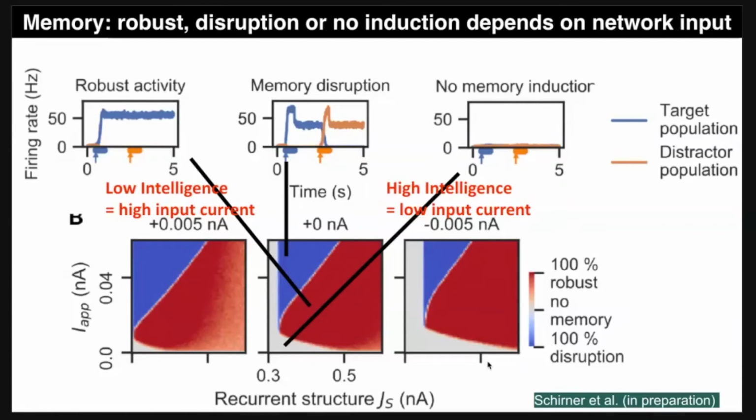But we also see that in order to induce a memory trace from the start, we need higher stimuli. This means that stimuli with low intensity are considered as noise and will not lead to a persistent memory trace in the high intelligence group, which may have the benefit that in order to induce a memory trace, you need more salient stimuli. So noise is disregarded and the system is kept free in order to process more salient stimuli.